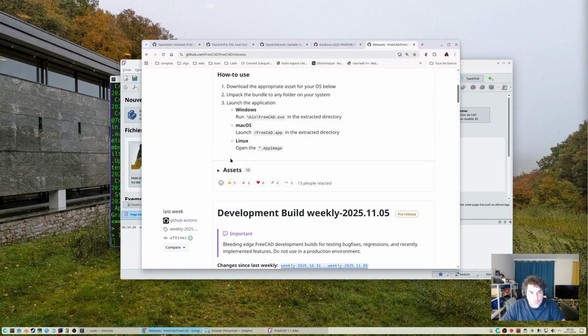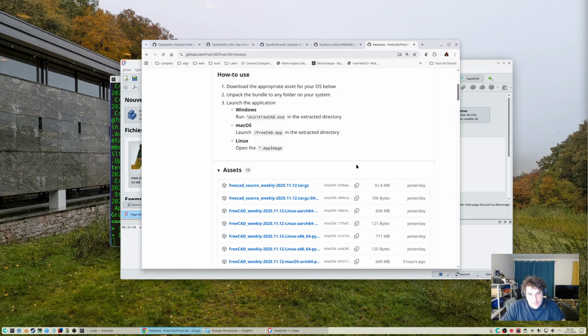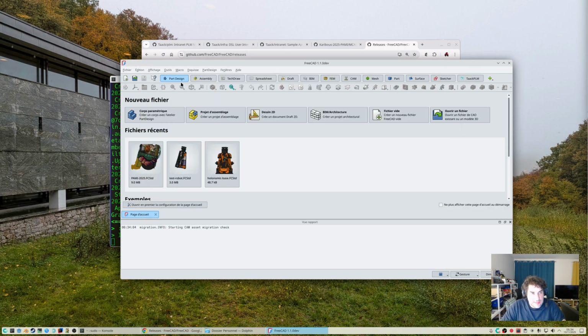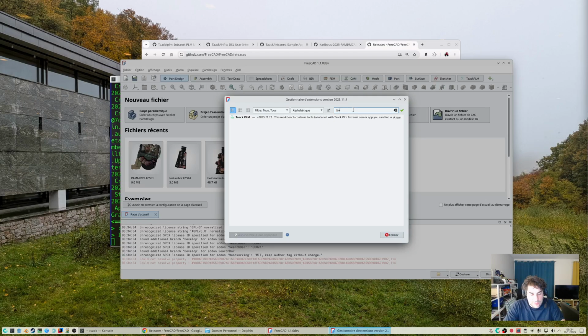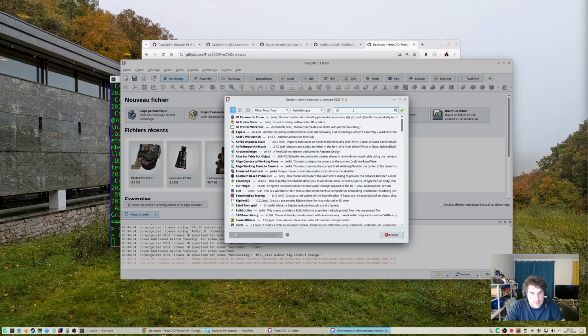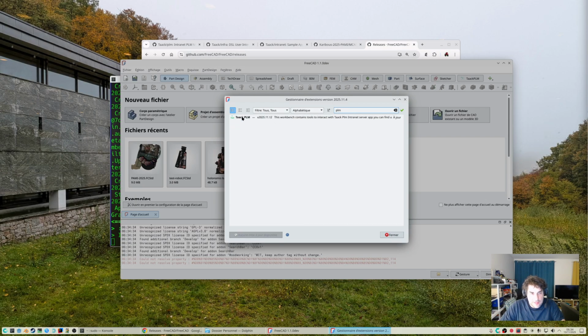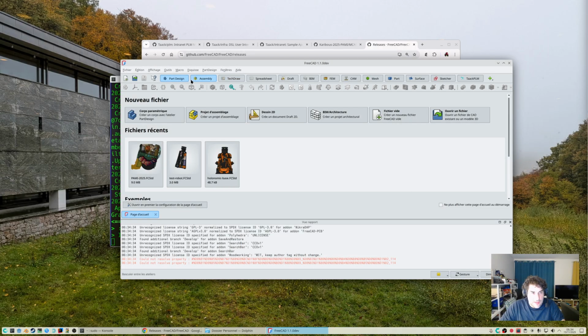I prefer to use the weekly build because it's faster than the regular build. Once you have installed the weekly build, you have to install also the add-on, the Tag UI add-on. So you type PLM to find the Tag PLM workbench, and once you do this, you will have the Tag PLM icon here.